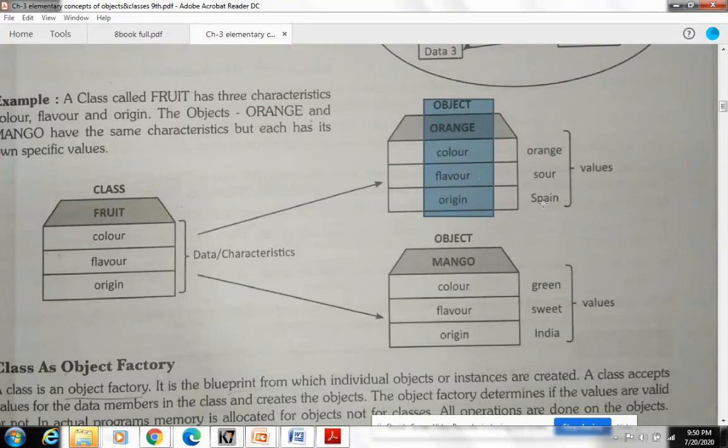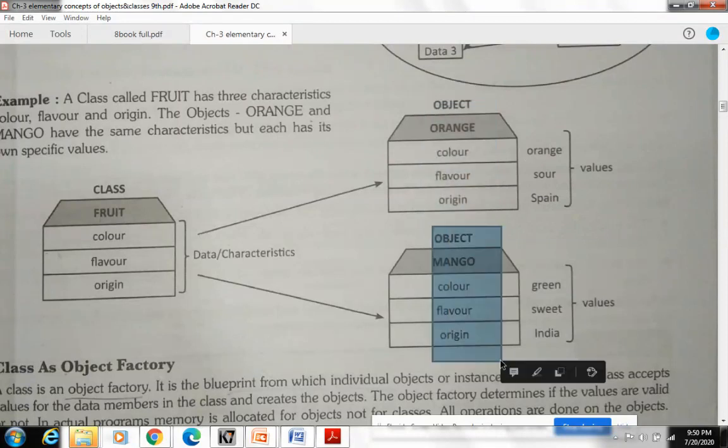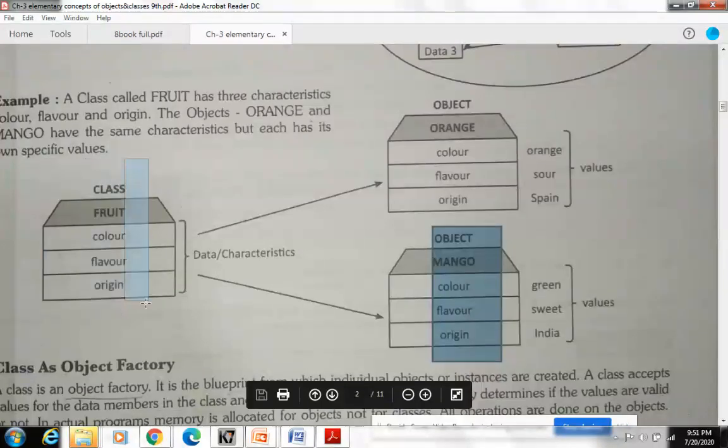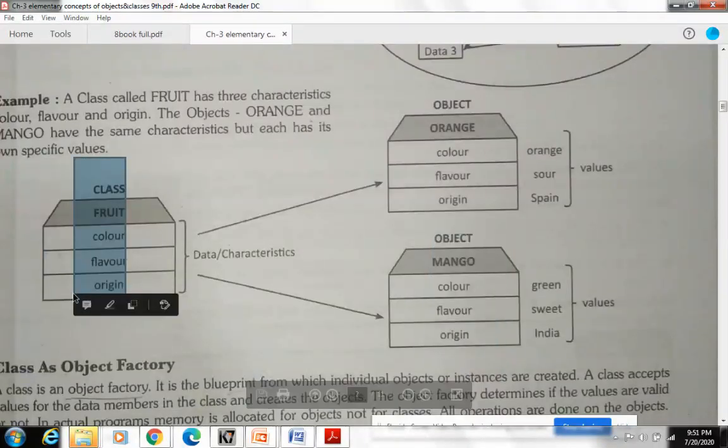So these are known as values, and these are going into the variables. Similarly, any particular fruit can come in this class, which has some color, flavor, and origin. So class is just a basic design that this kind of variables will be used in this class, and if any particular object has these variables, we can enter the data and we can run the methods for that object.